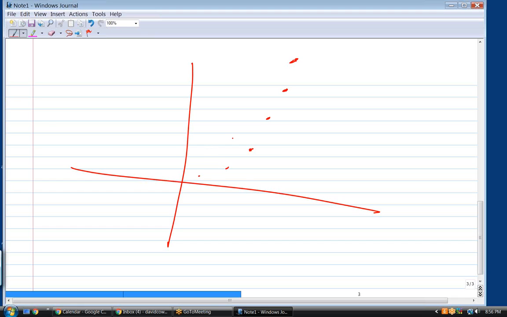In other words, let's say that I ask my calculator to do a linear regression of these points. It's going to come up with something like that. Okay? In other words, it's going to try to fit those points to a straight line. But if I ask my calculator to do a quadratic regression, it's going to put something more like that in there. In other words, it's going to make it fit a parabola. And it appears to be a quadratic regression, not a linear regression.